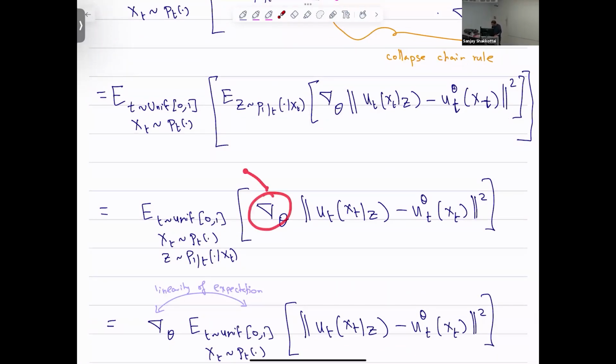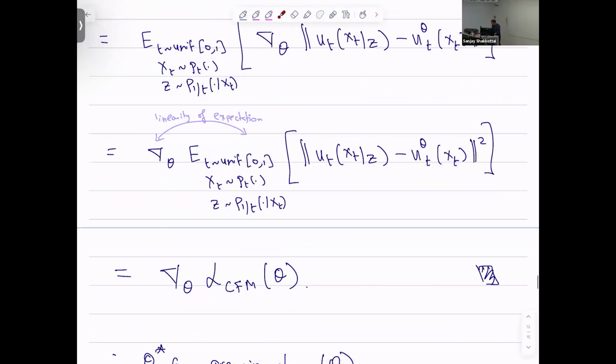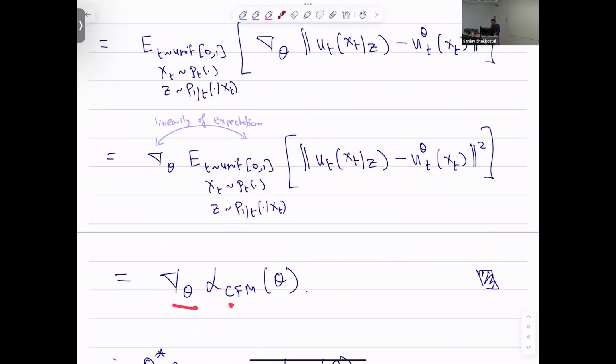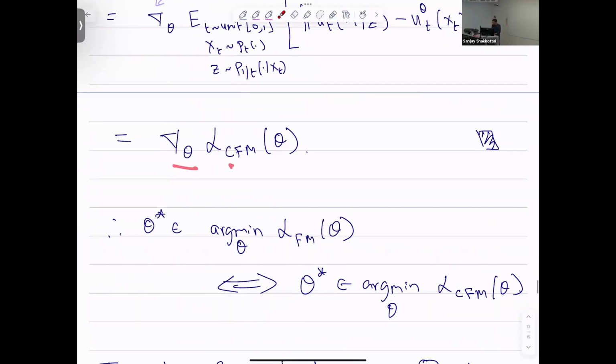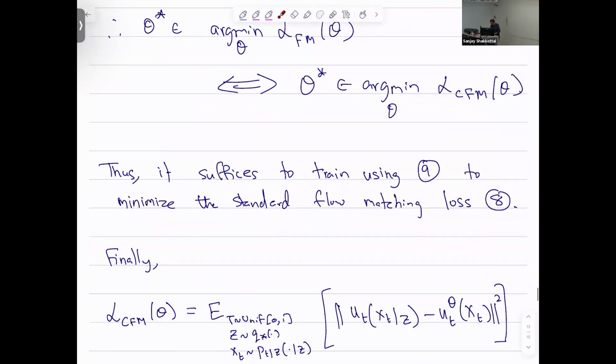By linearity of expectation, you can pull this out. And this is nothing but the conditional optimization we've had, which is nothing but the gradient of the conditional flow matching. And therefore, you can optimize either one of them. Now, why do you want to optimize the conditional flow matching loss? Simply because